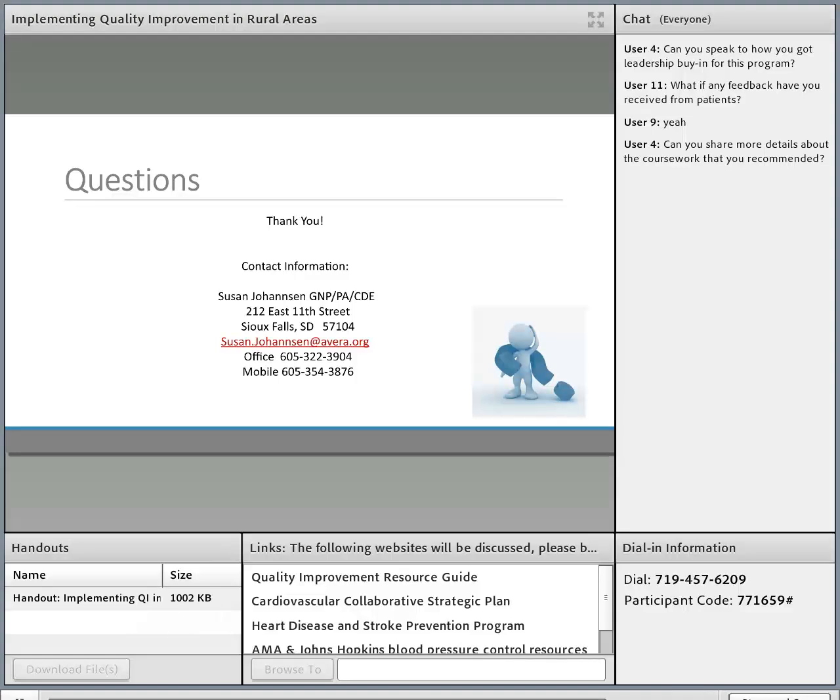I see a question about the details of the coursework, and so I would reference you guys to the International Diabetes Center professional education format. They have a coursework called Diabetes Management and Primary Care, and then they have 2 courseworks, one as a CDE prep and the other is an Advanced Certified Diabetes Educator prep that are available.